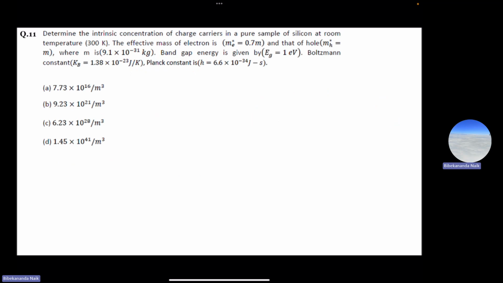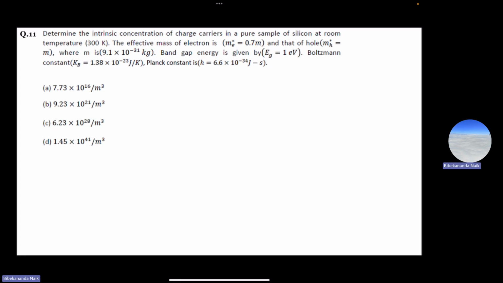So we'll move to the next question, which is the last question of today's introduction session. The question says, determine the intrinsic concentration of charge carriers in a pure sample of silicon at room temperature, that is 300 Kelvin. The effective mass of electron is 0.7 m. So effective mass is, we know, when an electron or hole travels inside the crystal, the mass is termed as effective mass,